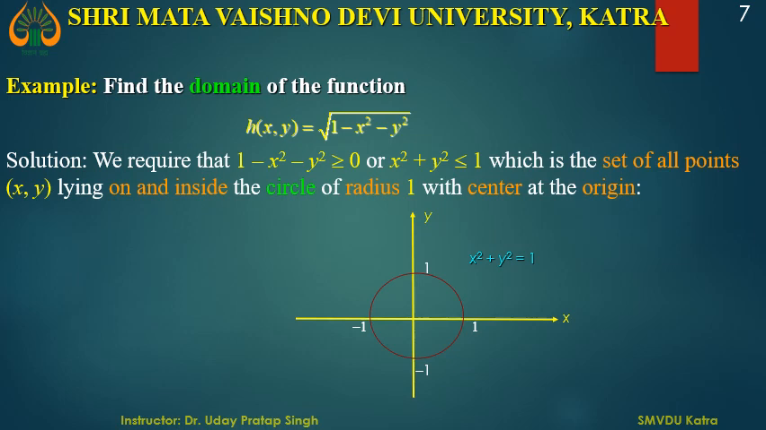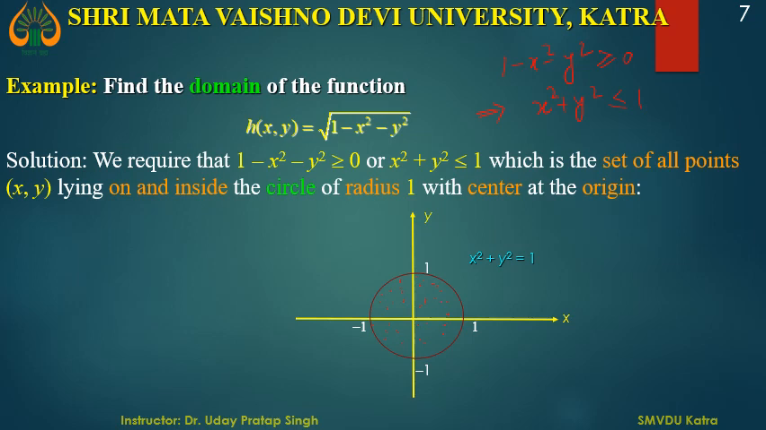For a real valued function, it is necessary that the term inside the square root, that is 1 minus x square minus y square, is greater than or equal to 0, but not less than 0. After solving this inequality, x square plus y square is less than or equal to 1, right? Then what is the domain of the function? The domain of the function is all those points lying within the unit circle, that is all points within the unit circle